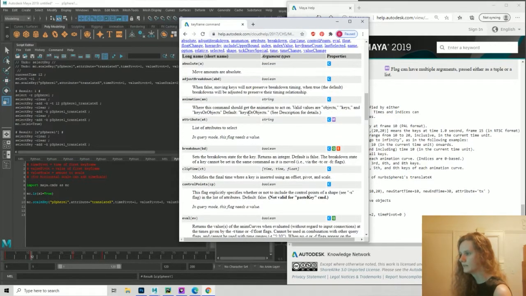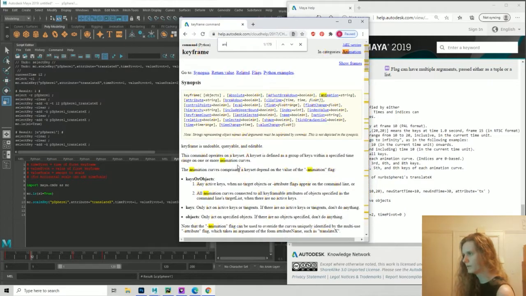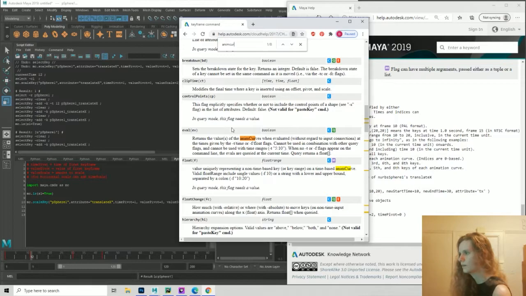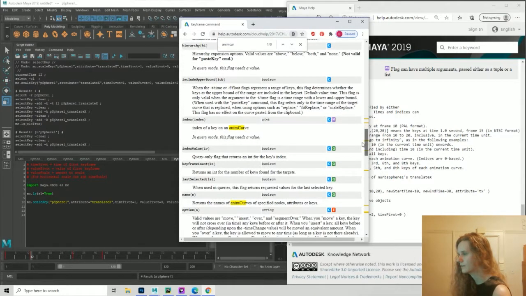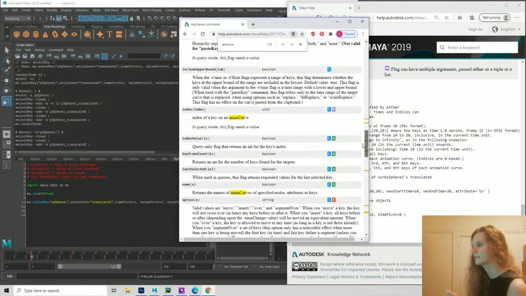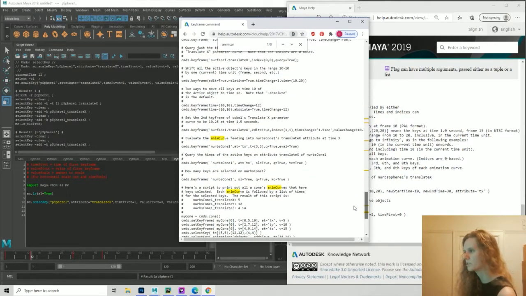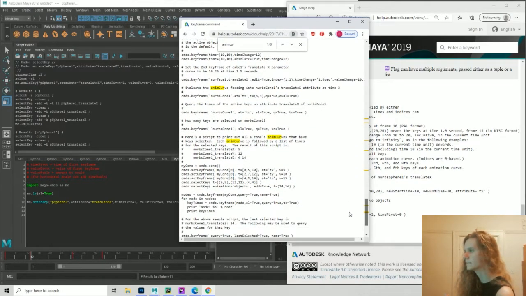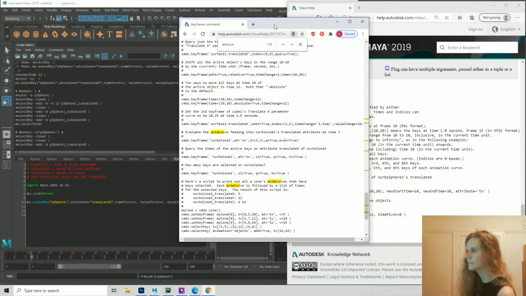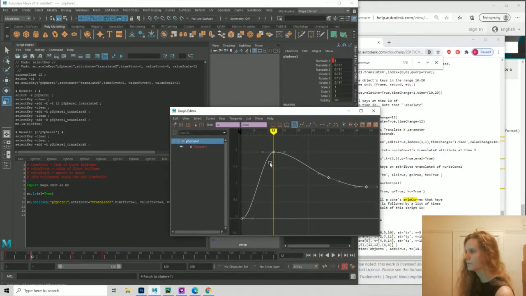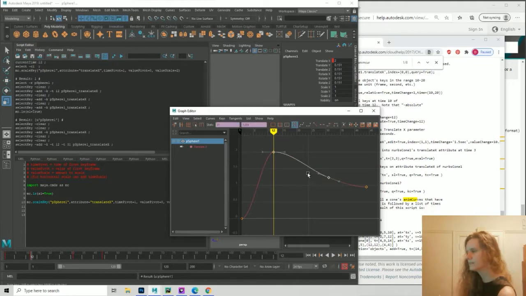So this command helps us to query which animation curve is the key that we selected on, or which animation curve we have selected. So since we have keyframes selected, we can get which animation curve we are on from those keys,